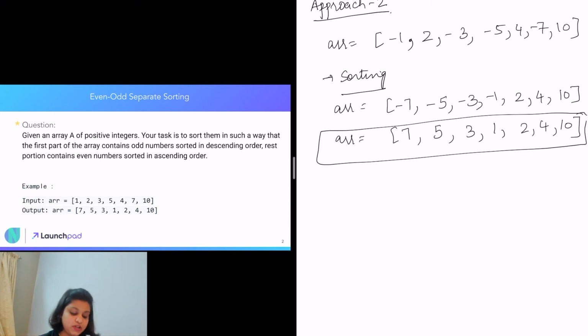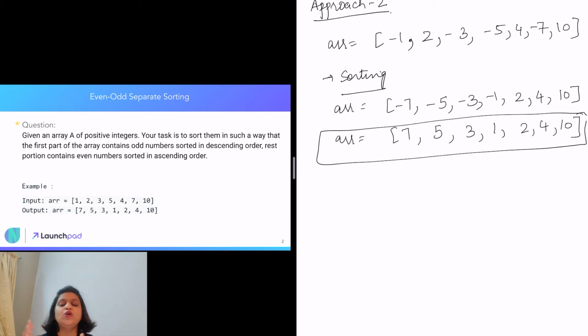This approach will not work if we have negative numbers. Why? Because if we have negative numbers, after we have sorted it, we will have no way to check which numbers we actually have to multiply by -1 again and which numbers we don't. Or in the beginning, when we come across an odd number, we will have no way to check if we have to multiply by -1 or not.